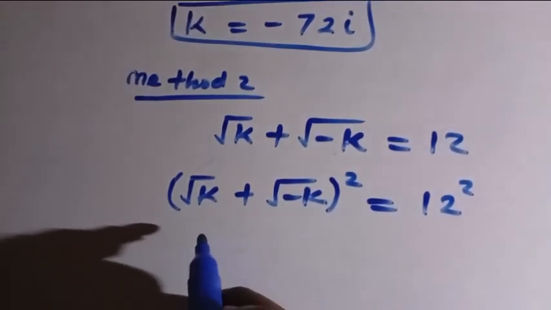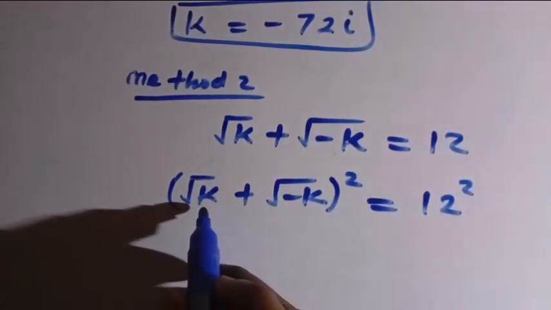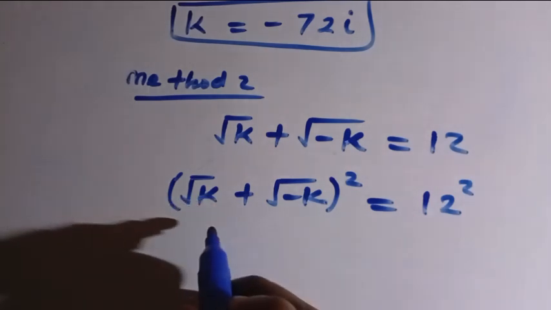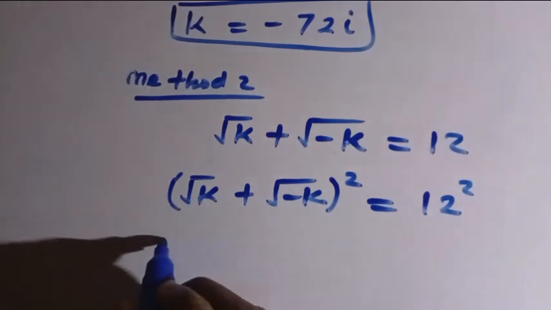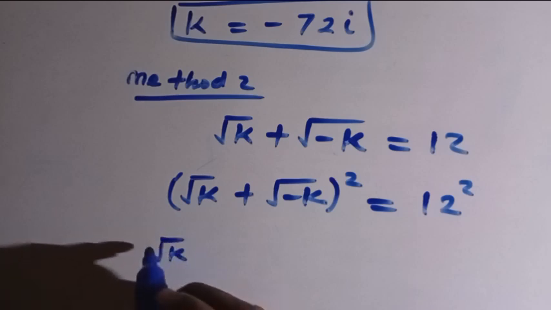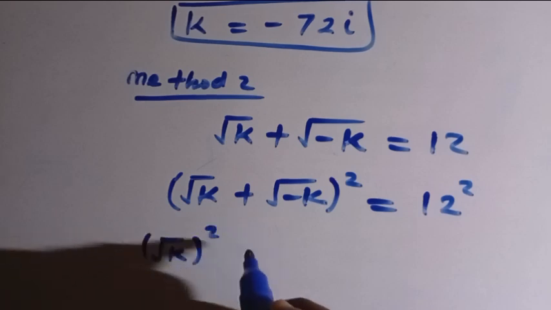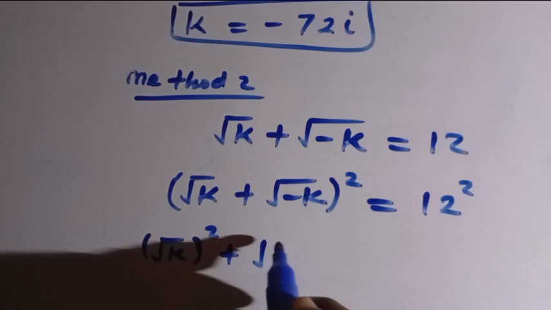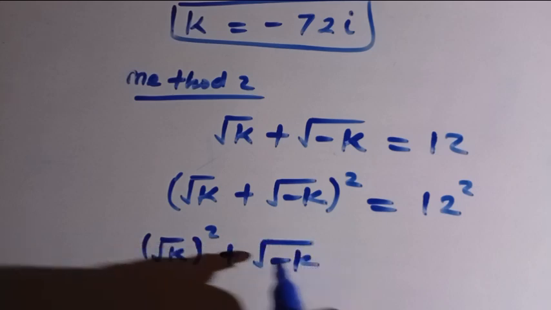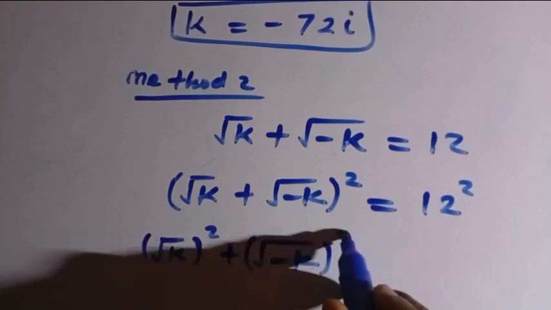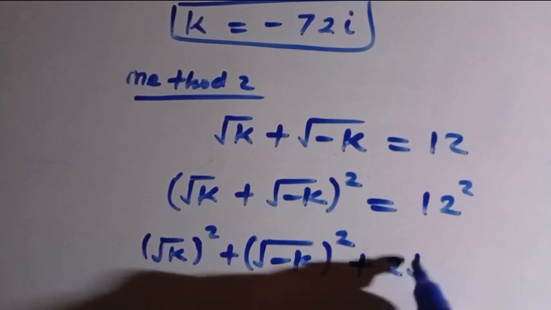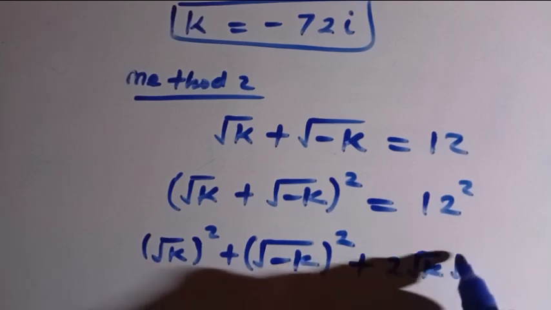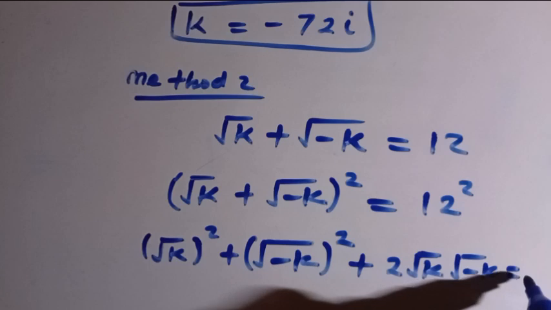This expression is a plus b squared, it means a squared plus b squared plus 2ab. That is, square root of k squared plus the square root of minus k squared plus 2 square root of k square root of minus k